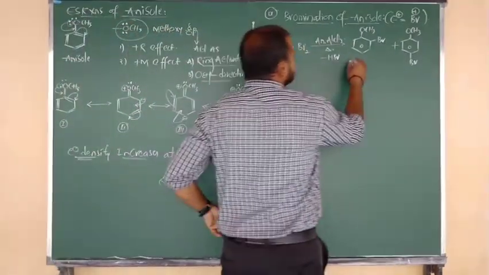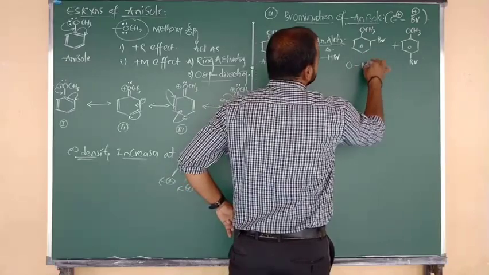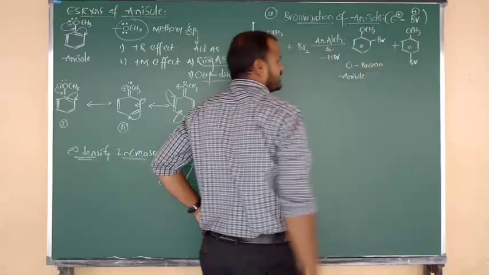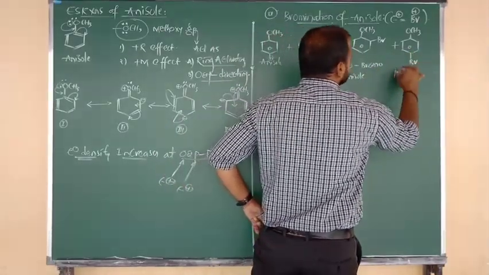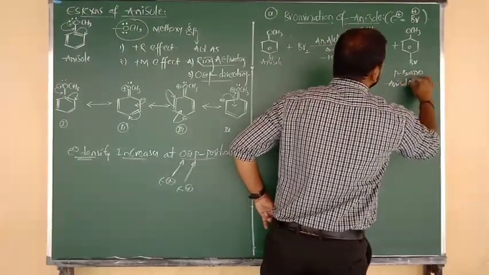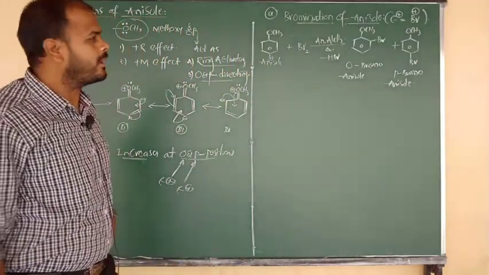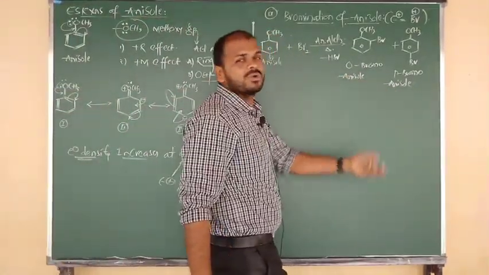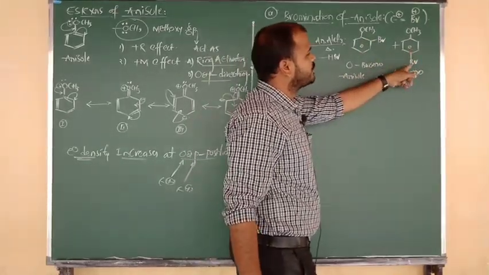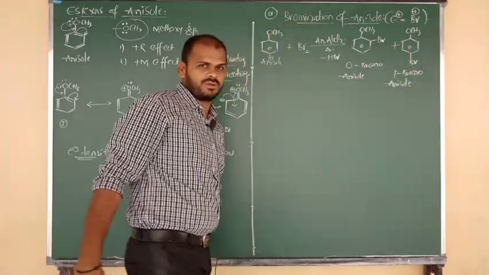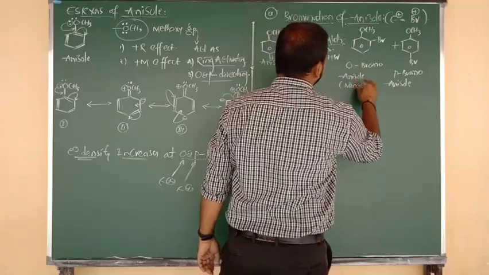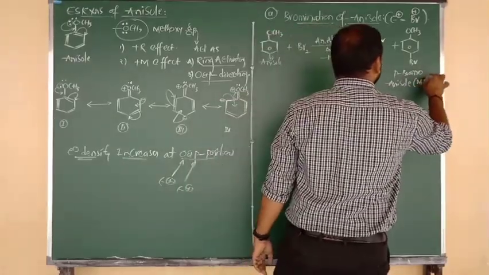What is our final product here? At the ortho position Br is there, so we can say ortho-bromoanisole. And one more product, where upon the para position Br is there, the product name is para-bromoanisole. Like that we have to write the two respective product names. But these both are the common names. How to say the IUPAC names, beta? So 2-bromoanisole, and what about this, beta? This is the fourth position, so we say 4-bromoanisole. And already I have told you ortho-bromoanisole is the minor product and para-bromoanisole is the major product.